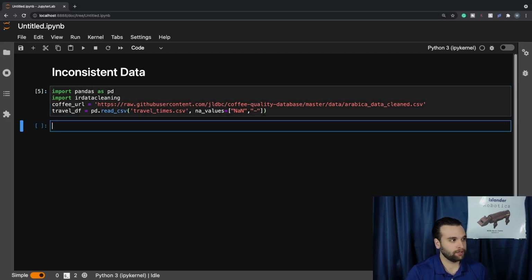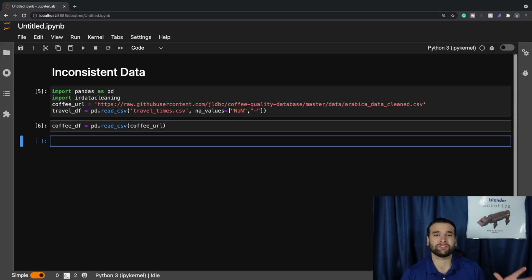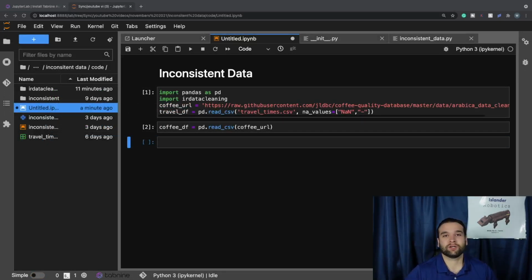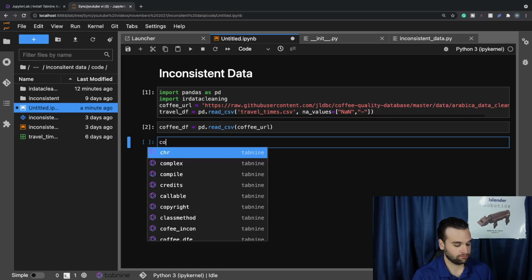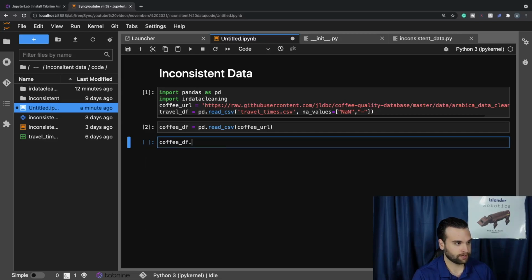Once we hit run, what we're going to do next is say coffee df equals pd dot read CSV, and we're going to pass in coffee URL, and run that, allowing all the magic to begin with taking a look at the column names of our data set. More specifically, we're going to be looking at the column names of the coffee DF data set. This is a very good practice to get into: whenever you import a brand new data set, take a look at the column names. You're going to be surprised at what you'll be finding. For instance, when we say coffee df dot columns,